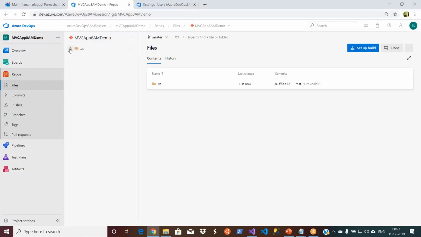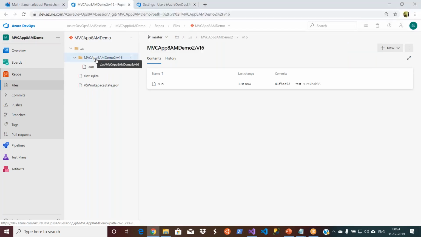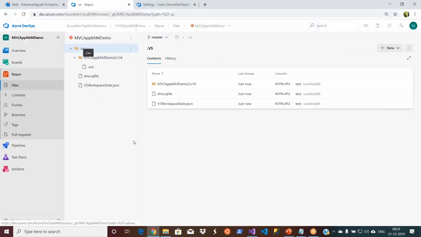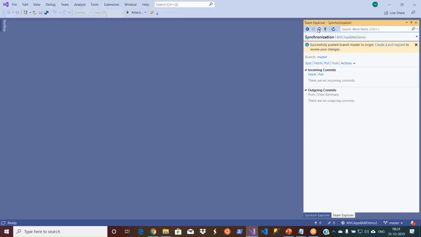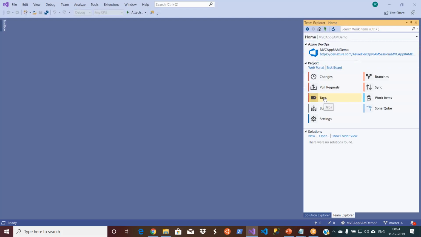Okay, it did not. Yeah, there are some additional things that have been added. Once I add the git ignore file, all these things will be taken off actually. First, let's see whether my solution is being added perfectly or not. No, yeah, this is taking my TFVC stuff actually. This is not the one I want to upload. I want to upload my solution. My solution is showing empty here.